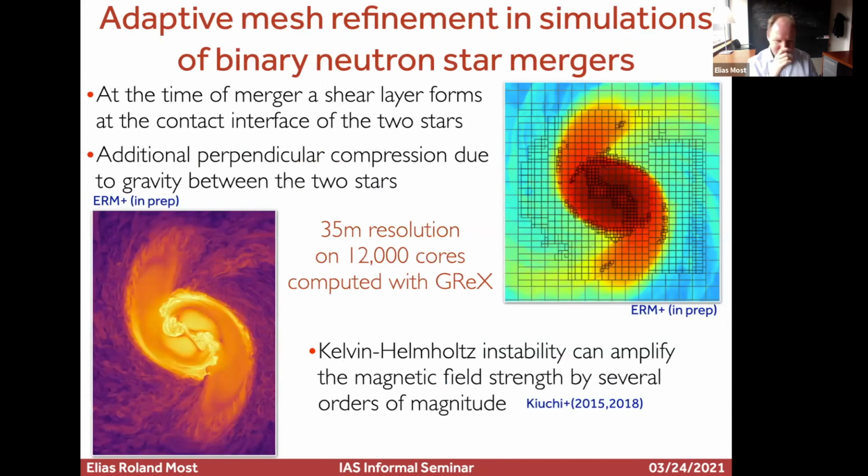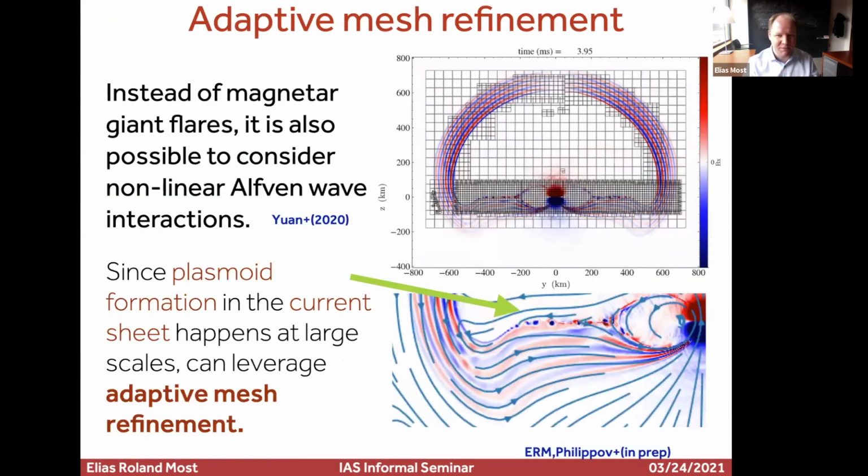So actually, let's skip that. That is not relevant, but let's look at this one here. So this is looking at the current sheet in a pulsar, but looking in a very specific pulsar. So what you do is you take a neutron star, you shake the field lines at the top of the neutron star. This is based on work that Yaji-Wan at Flatiron has done. And what happens then is you get an alpha wave propagating out. This is what you see here.